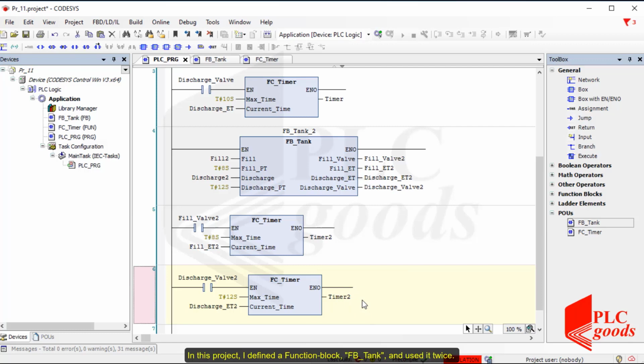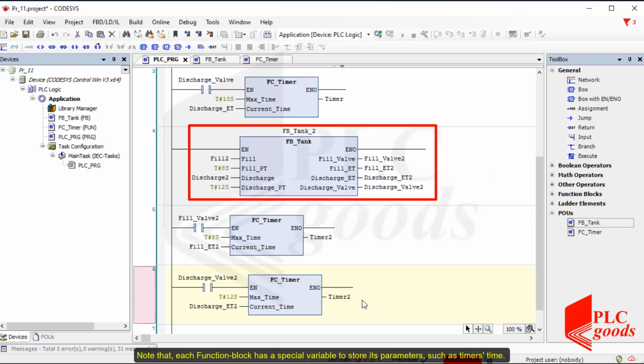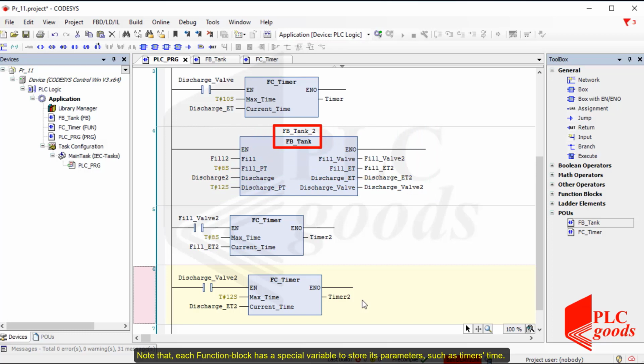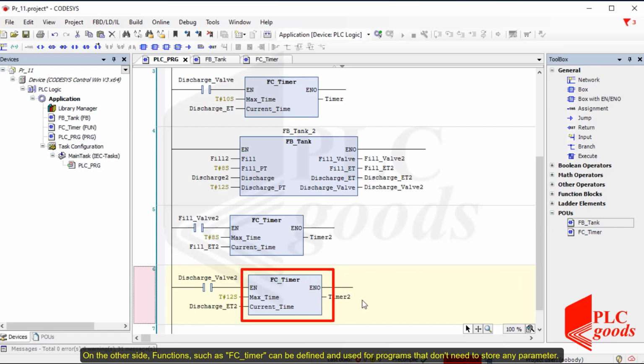In this project, I defined a function block fbtank and used it twice. Note that each function block has a special variable to store its parameters such as timers, time. On the other side, functions such as fctimer can be defined and used for programs that don't need to store any parameter. All of the necessary steps related to my project were explained except for making a connection between my